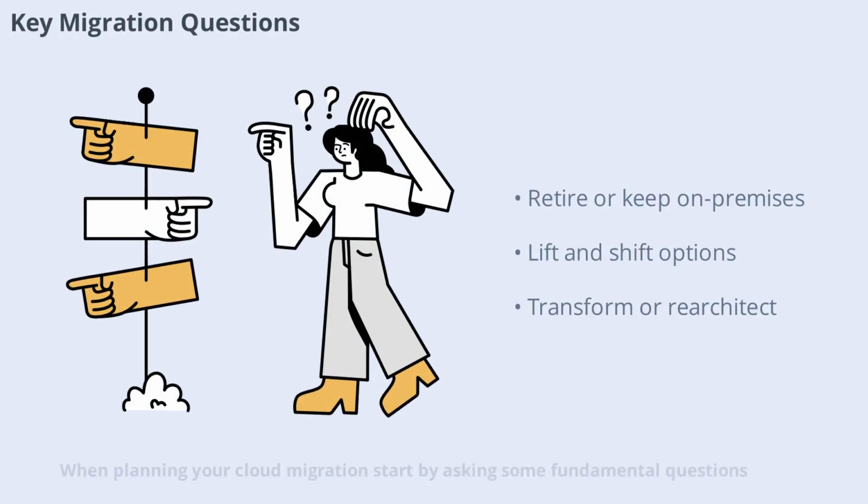In planning your cloud migration, start by asking some fundamental questions: which applications can be retired or left on premises, which can be lifted and shifted directly to the cloud, which need to be transformed or reshaped, are there apps that should be rebuilt from scratch using cloud-native technologies, and finally, which can be replaced by commercial solutions like software as a service. These questions help shape your migration roadmap and ensure you're making the right choices for your organization's